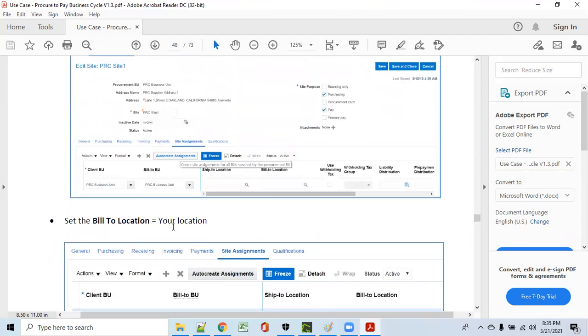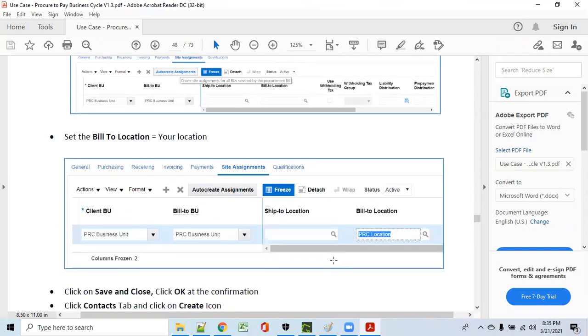And then in the site, we are giving the client BU, bill-to BU, ship-to location, and bill-to location, all those things. Set the bill-to location to your location. Whenever you are procuring material, whatever location you defined for the BU, you can give here.